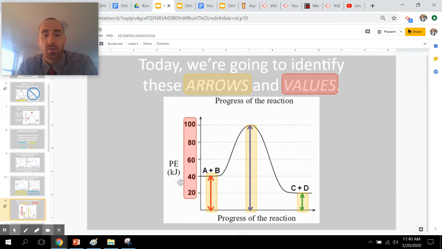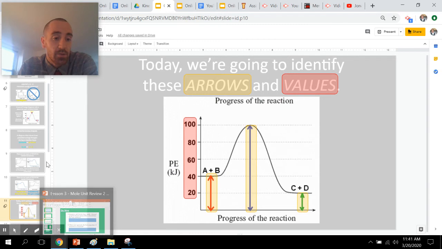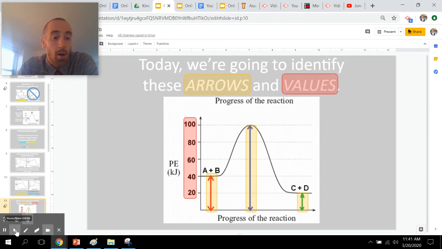All right, now the real heart and soul of today's lesson should be pretty easy. There are 6 arrows that I will ask you about on these PE diagrams, and they are super common on the Regents as well. The Regents exam will give you a diagram like this with 6 arrows with a little letter next to it, and it will ask you for the names and or the values of each of these. So we're going to start with 3 today, and we'll do the rest probably next week. So we're going to talk about these arrows and values, and today, as per the objective, they are all about